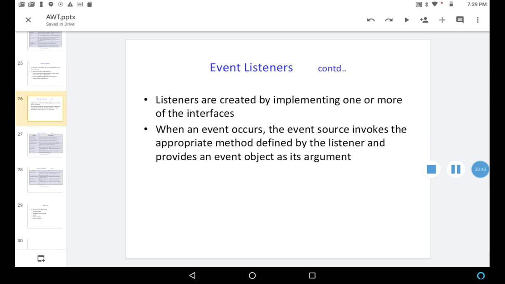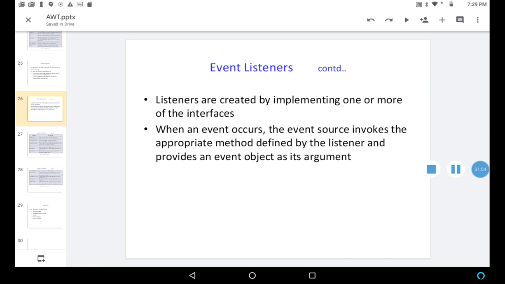Listeners are created by implementing one or more of the interfaces. When an event occurs, the event source invokes the appropriate method defined by the listener and provides an event object as its argument.